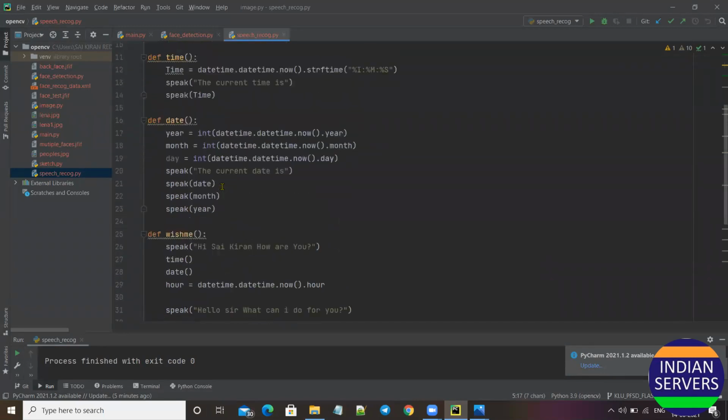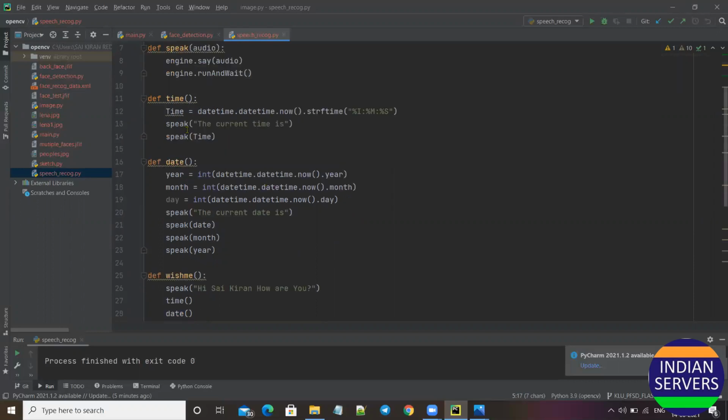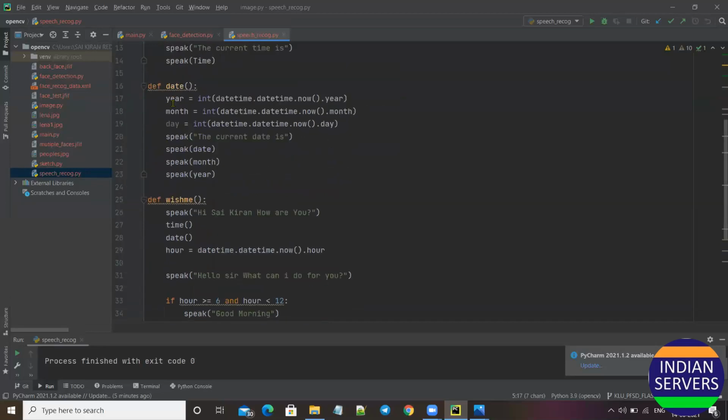And the function time uses datetime.now, which gives the present time as hours, minutes, and seconds. Speak returns the output as a voice. The same goes for date. Here I take year, month, and day as integer data types and return them as a voice.